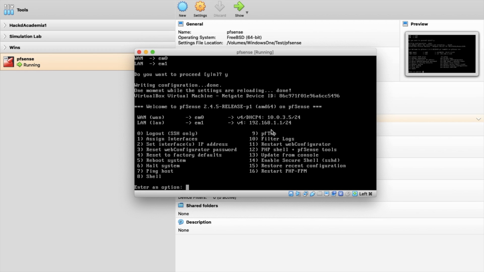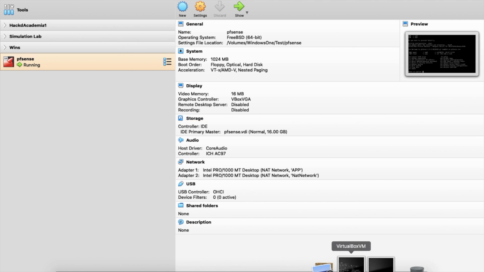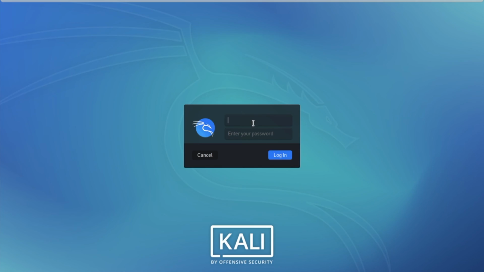Now I want to assign the IP for LAN interface. So guys, before changing the IP, I'll go to the machine from where I want to access the web GUI of this firewall, because working on command prompt some people are not comfortable. So WebGUI is very important for pfSense. So I'll go to my Kali machine from which I will access the firewall. So this is my Kali machine. Yeah, so I'll log in and I'll check the